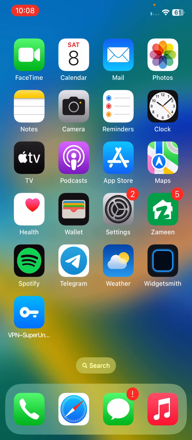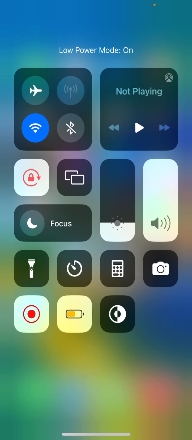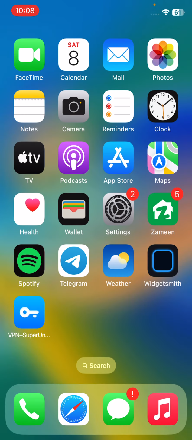So the next solution is disable low power mode on your iPhone. So guys, if you have enabled low power mode on your iPhone, turn off the low power mode on your iPhone. So guys, the next solution is